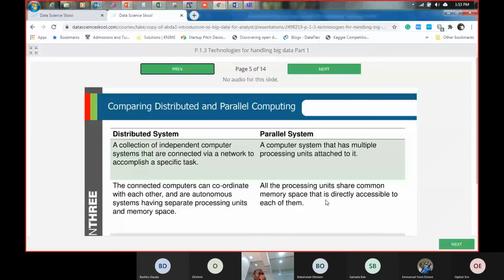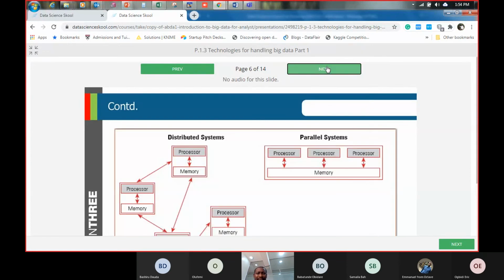I'm looking for another example to explain parallel processing, but it's just as simple as that. Multiple processors are accessing one single memory, while the other one has independent processors with their own memory that are connected together. So if a parallel system shuts down, it is completely shut down. While in a distributed system, if one of the computers is shut down, the system is still available for processing.